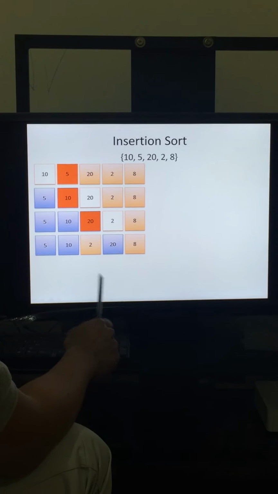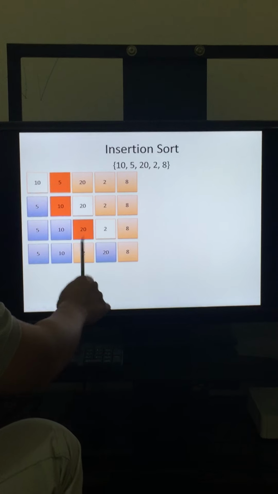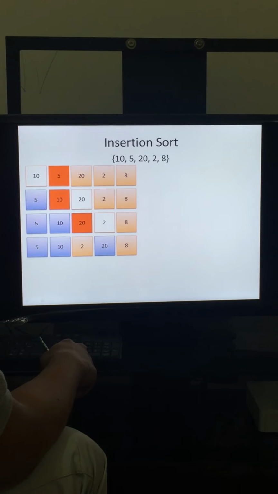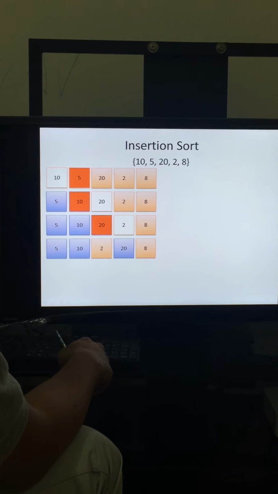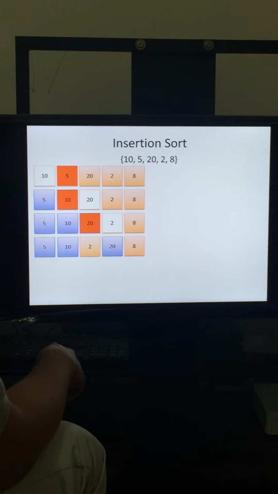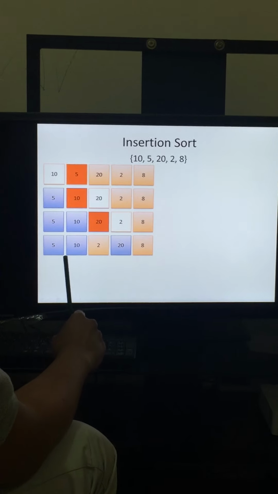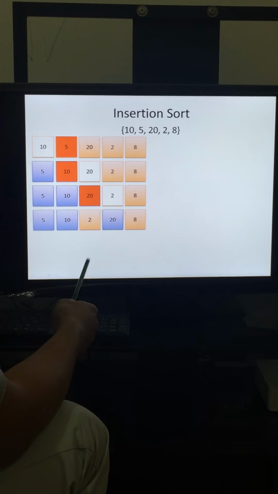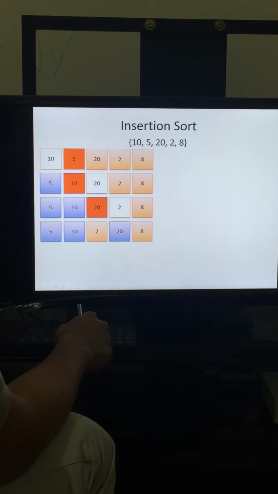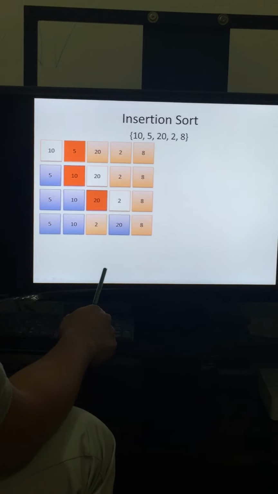Now we have already compared the fourth element to the third element. We will see now that the 2 is the third element. Then we will compare now the third element to the second element. To bring the number 2 value to the front of the array, just like the others, we do the reverse compare till the